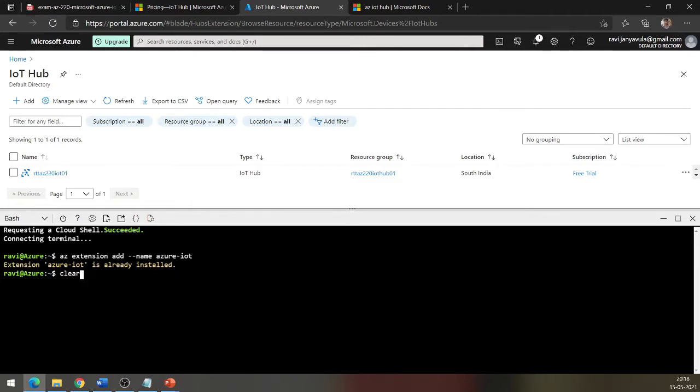After executing this command, you need to delete the previously created Azure IoT Hub. You can use az iot hub delete --name, the name of the IoT Hub, and the resource group.